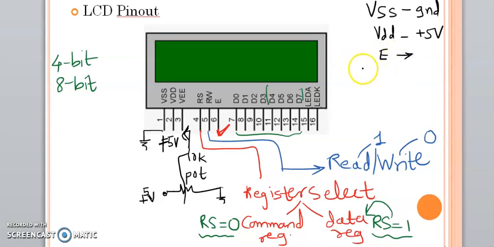Then you need to use the RS pin, to tell the LCD whether you are going to use data or command. When you are going to use command, you need to set this bit to 0. For data, you need to set this bit to 1. So RS you need to select. Then RW is also going to be selected, but generally this can be ground for displaying text messages, because you are going to write. And depending upon requirement, you are going to select from D0 to D7. So these are the important